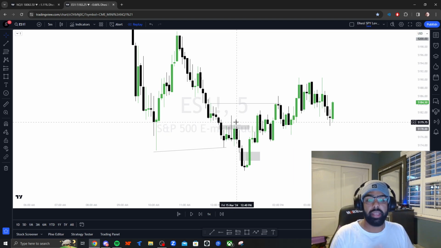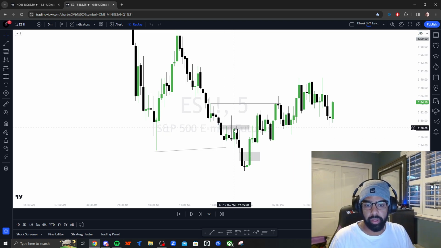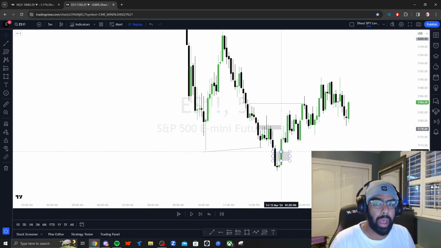As soon as I saw ES not take this fair value gap, I'm like, there's no reason for me to get in a trade. This isn't my entry model. This isn't what I look for. And now I'll just keep waiting until my setup forms. If it doesn't form, guess what? We don't take a trade. That's fine. If it does, we take a shot at it. So that is quote unquote a bad fair value gap.